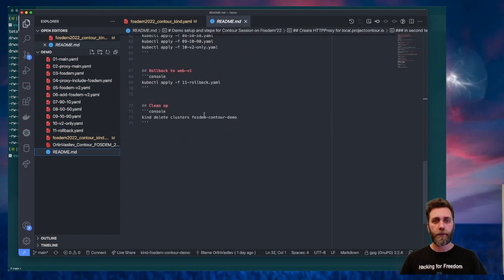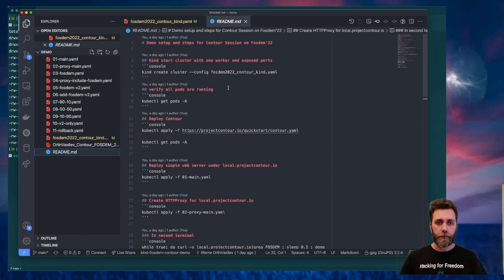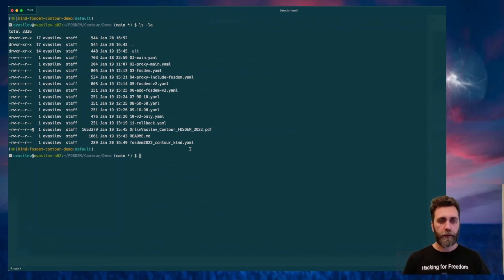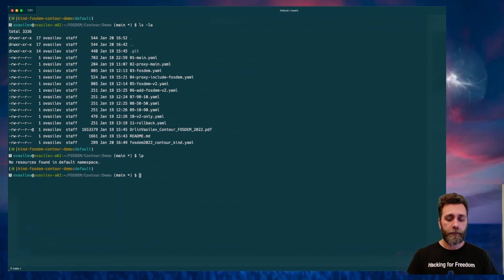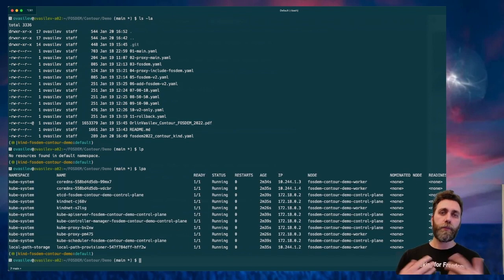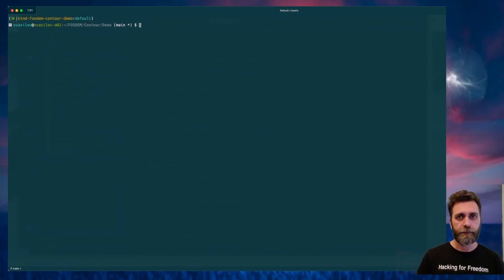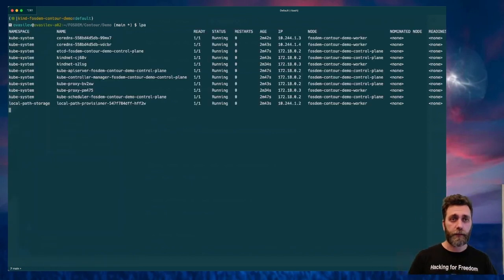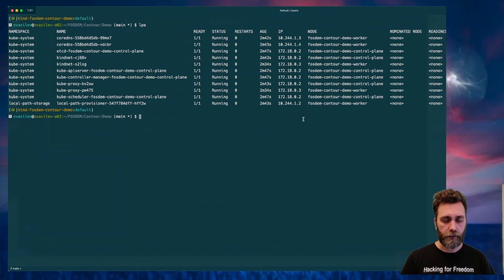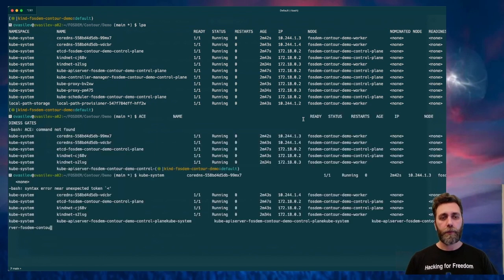That's the README. If you want to follow up, it's on GitHub as well. As a first step, I'm going to show you a few things. I have a few aliases. K is kubectl. LP is list pods, so kubectl get pods. And LPA is list all the pods in all namespaces. With that said, the first thing I'm going to do is check if everything is working fine. Yeah, all pods everywhere are running as expected. Then the next step will be